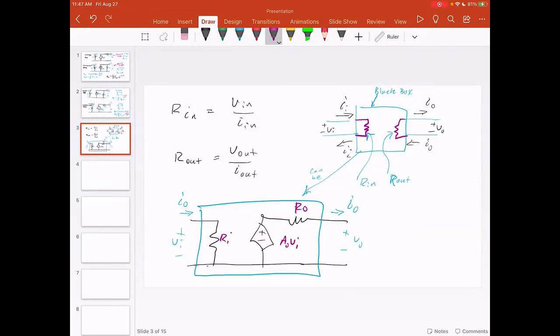And that brings a whole bunch of simplifications and makes things a lot easier to deal with if we can sort of abstract it that way and work with the amplifier that way. Often to find R out, I should be more careful. To find R out, we can't just measure I out and V out. Let's say to find R out, what we often need to do